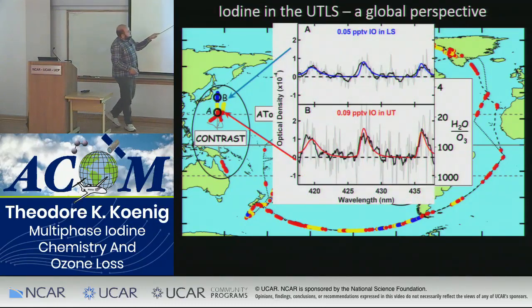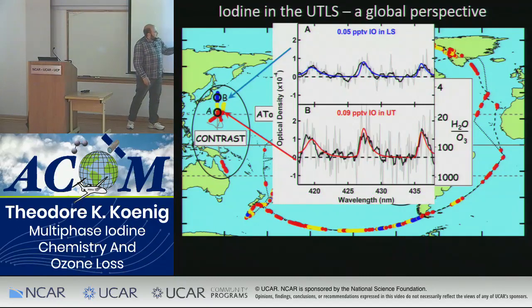And this is what the IO looks like for just two examples we have from RF15. The black line here, I should emphasize, is just to guide your eye. It's actually not used in the analysis at all. It's just so that you can understand better what the program is actually fitting. It's blind to this higher frequency noise. So in the troposphere, we've got a reasonably nice IO fit. You can see there's a lot of noise on it, but the overall signal comes out clearly. And then if we go up into the stratosphere, we've still got an IO detection at a very low concentration.